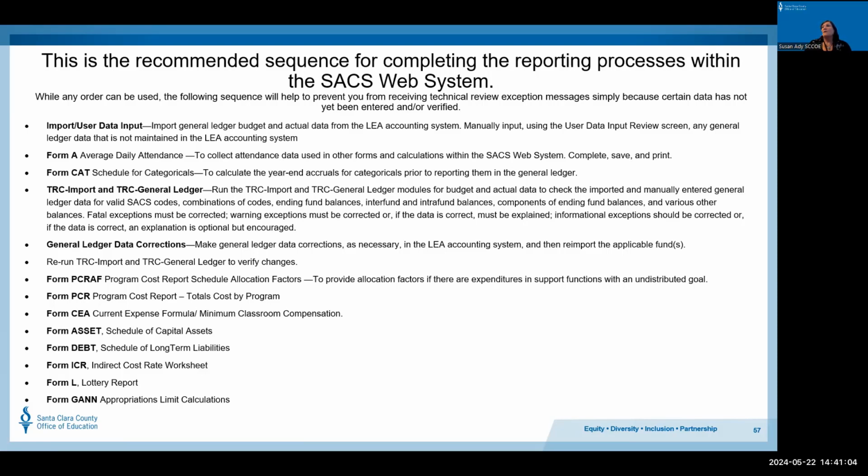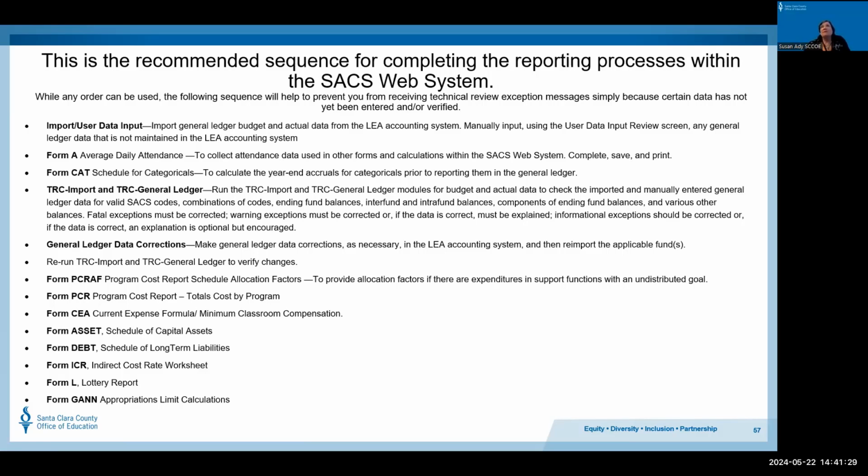You can run your program cost center reports, which total all your costs by program. You can run your CEA, which is your current expense formula for minimum classroom compensation, and make sure that you're meeting that requirement. Your Form Asset, your Form Debt, your Form ICR, your Form L, which is of course your lottery report, and then the all important GANN limit forms.